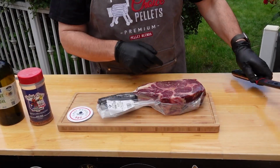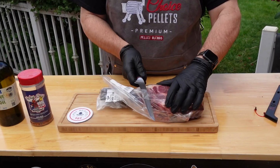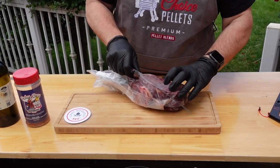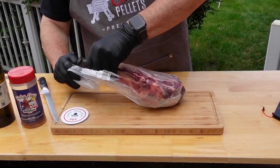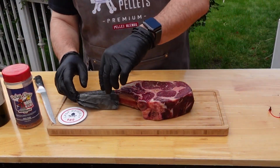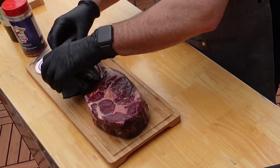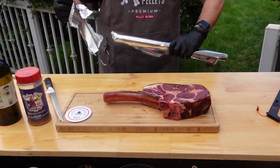All right, let's get this prepped. We got our knife. We'll just open this up. With what I'm buying from Dry Aged, there's not a whole lot to be done in terms of prep. It's not like a brisket where you gotta spend a whole bunch of time prepping. This steak is no different. There we go. All right, so we got a nice steak. We got a wrap here. I'm gonna replace that with some aluminum foil. Once again, thanks to my good friend Andrew Turner for that tip,